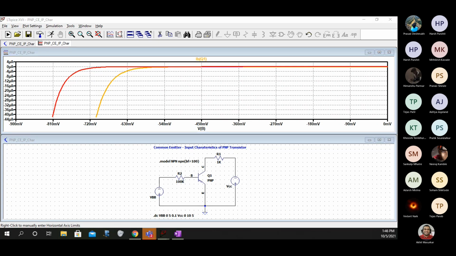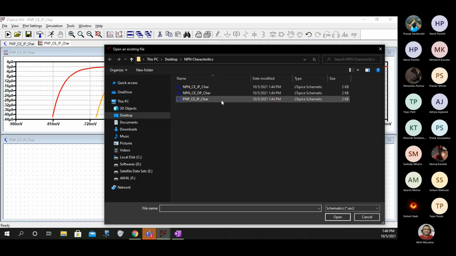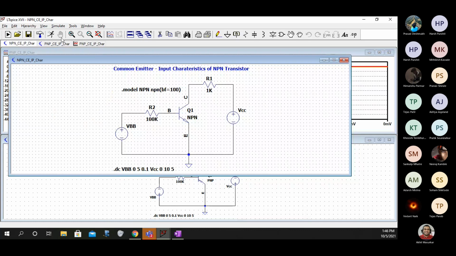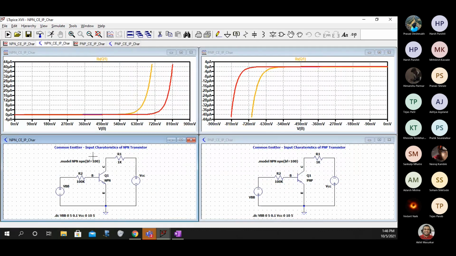Yes, Sankal, good. So what you should try and compare is, if you look at the input characteristics here, you can see for an NPN transistor the characteristics is in the first quadrant, and for a PNP transistor the same characteristics is in the third quadrant. So very easily you can see that. How can you find out whether this is in the first quadrant or third quadrant? In the first, both x and y are positive, and in the third both x and y are negative. So that's how you have to come to a conclusion.